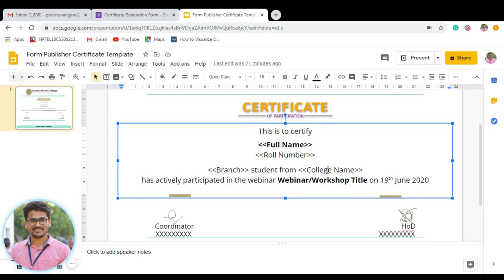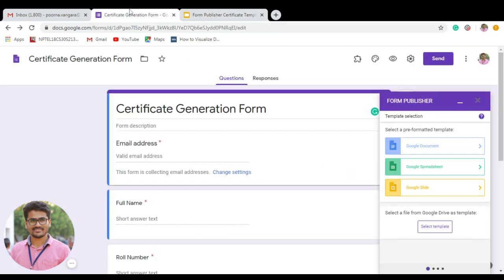Every time a student is filling that form, those particular details must be copied over here and converted into PDF. Then it has to be sent back to that student's mail ID with some mail text. The important point you have to remember is, please look at the fields here.